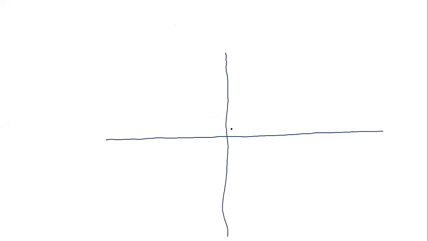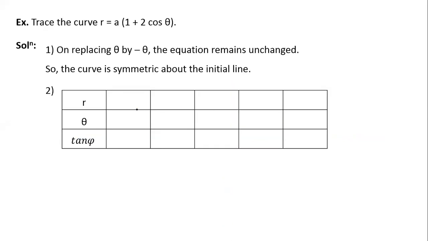Again, see, we have seen that the curve is symmetric about the initial line, meaning the horizontal axis. So now let us try to consider only some values of theta which are above the horizontal axis. Let us start with the first value of theta equal to 0. After that, whether 30° or 60°, there is cos, and we know cos of 60 is equal to half. That is convenient. So 60 means pi by 3.